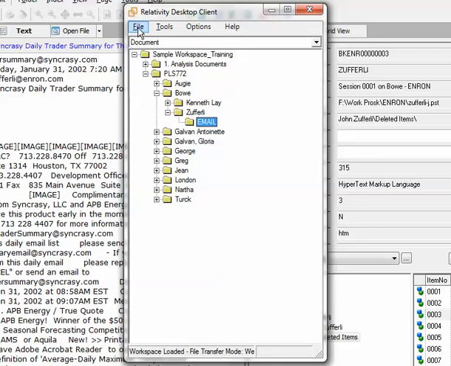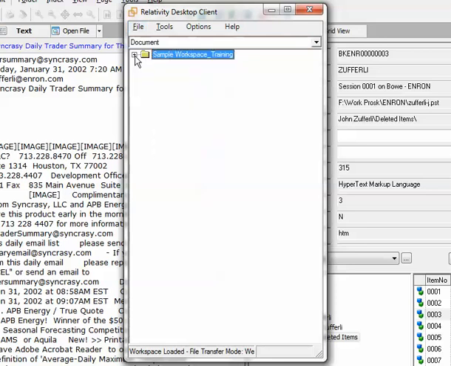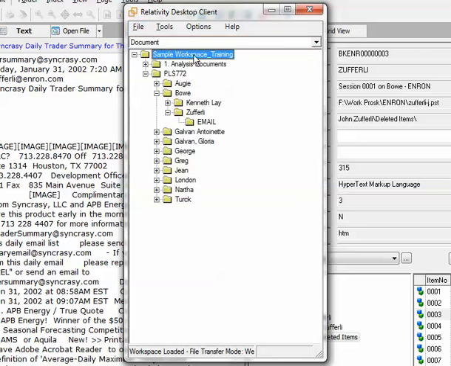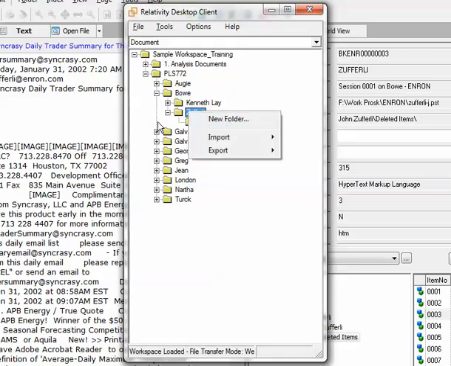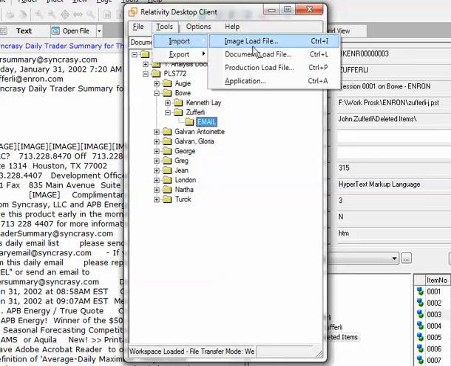Make sure that you enter your password and your user ID properly, and it will come up with your cases. We are going to start by opening up the sample workspace training, going down to your folder, right clicking to create a new folder, which I've already done, and then right clicking again here and creating a new folder and adding the email. Okay, from here we're going to import